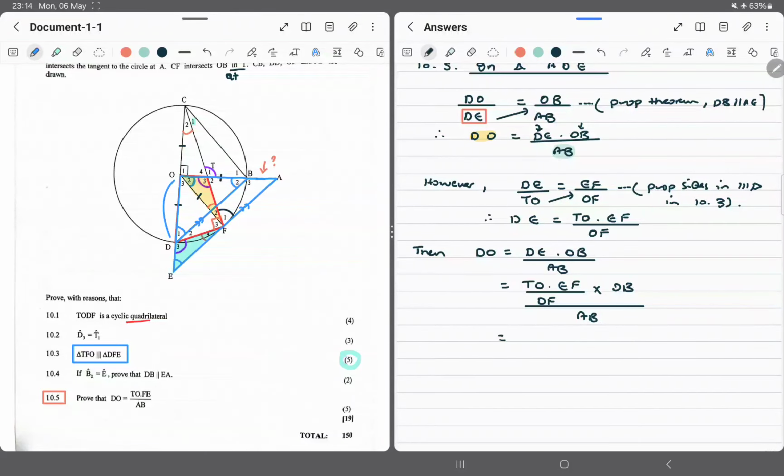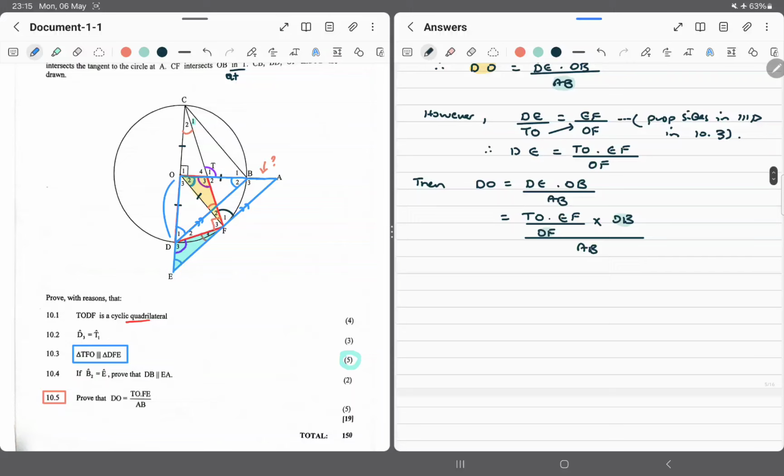So that thing I am seeing bit by bit. But guys, what do you notice? Do you notice that OB is the radius, OF is the radius? So these two things are the same. So that means they can take care of each other like that. Okay, let's first say before we remove. We know that OF is equal to OB. These are already equal, right? So let's just sit again, go with that implies that DO